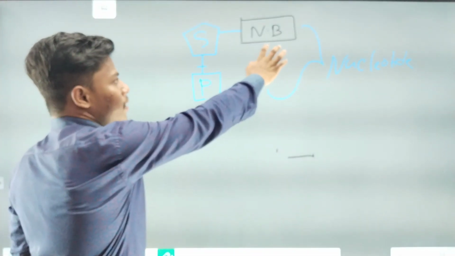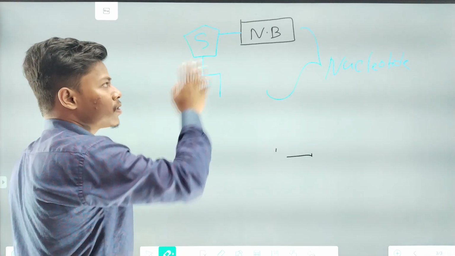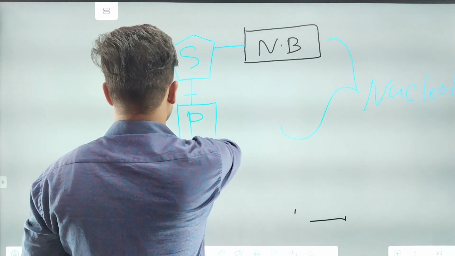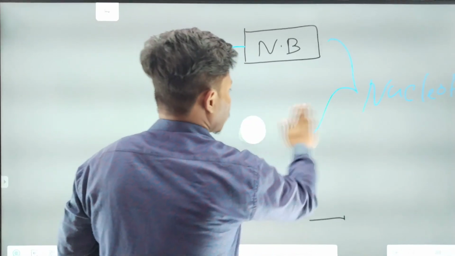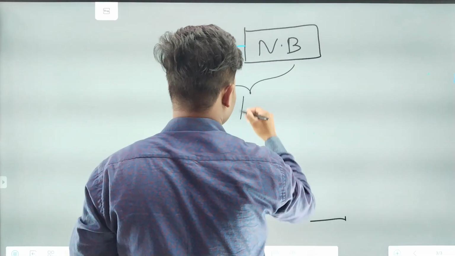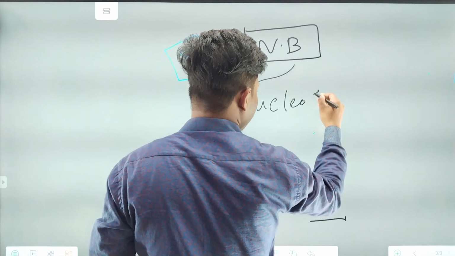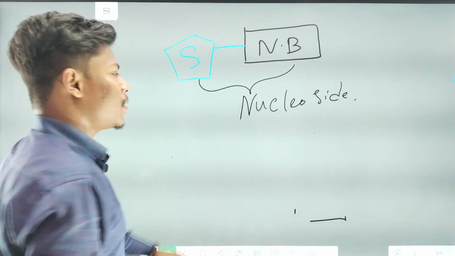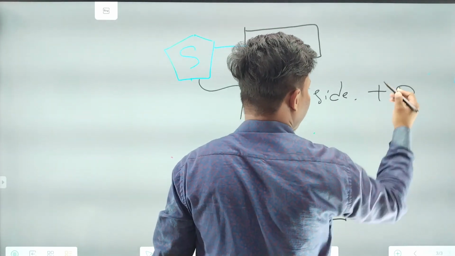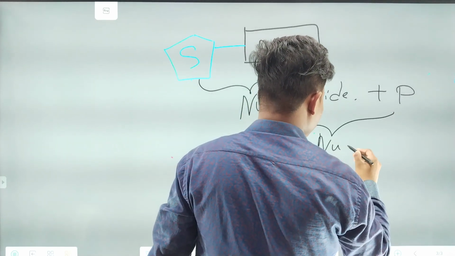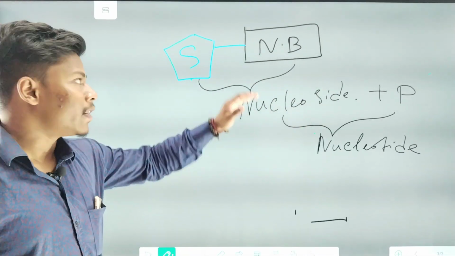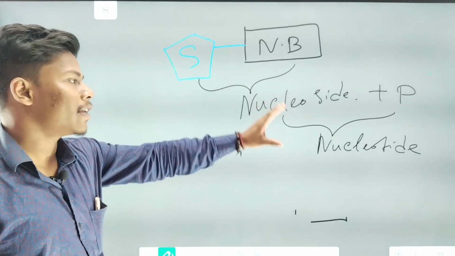And remember, the nitrogenous base is always attached with a sugar molecule, okay. And the combination of this nitrogenous base plus sugar is called a nucleoside. Okay, and when there is the attachment of a phosphate group with a nucleoside, it is called a nucleotide. Okay, so in my next class I will discuss the nitrogenous bases, the sugar molecule structure and the